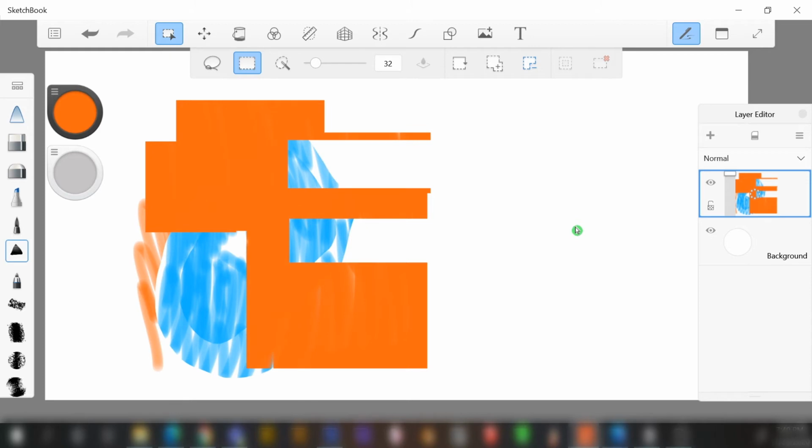Now this third one right here, this is the magic wand. When you use this, you can click on an area and it's going to read the pixels that are there. It's going to read your artwork, and it's going to try to pick up as many pixels as it can depending on this tolerance level right here. Right now it's set at 32. So let me just for funsies knock this down to, we'll go with 4. So if I click here,